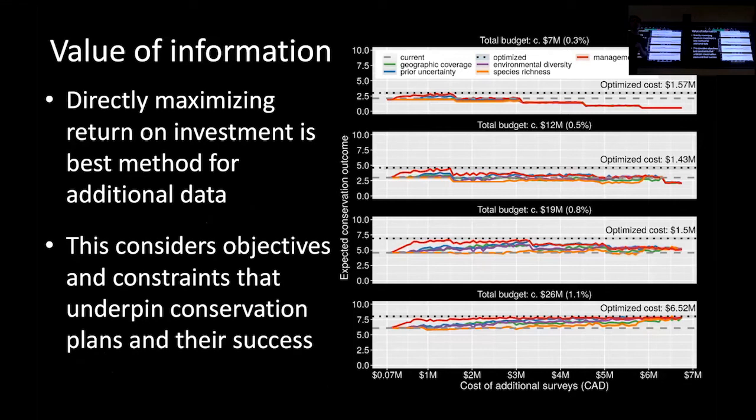So we also embedded all of this within an optimization routine. We used the heuristic algorithm we talked about earlier. I spent a long time trying to get this with exact algorithms, and I couldn't do it. So if you're a maths genius, please talk to me, and you can tell me how to do it. But what we found is we generated an optimized sampling design. This one cost $1.57 million.